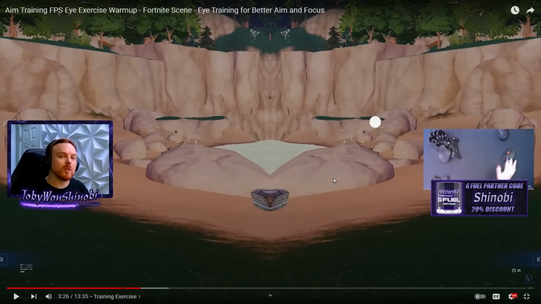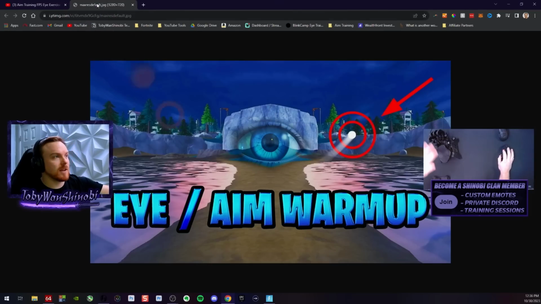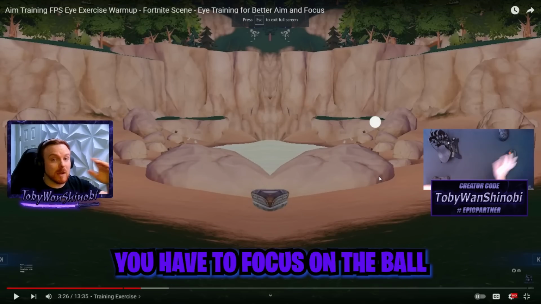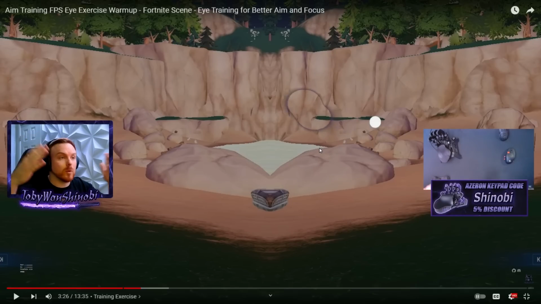First off, I'm going to start with an eye exercise, right? It's actually this video that I made called Aim Warmup. You can find it on my YouTube channel, and it's titled Aim Training FPS Eye Exercise Warmup. Basically, it's a ball that goes around, and there's a lot of distractions on screen, so that while the ball is moving around, you're being distracted by all this visual noise, stuff happening